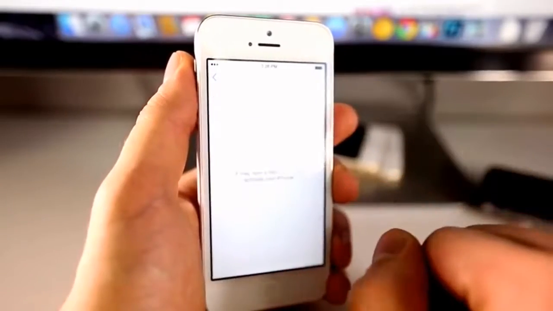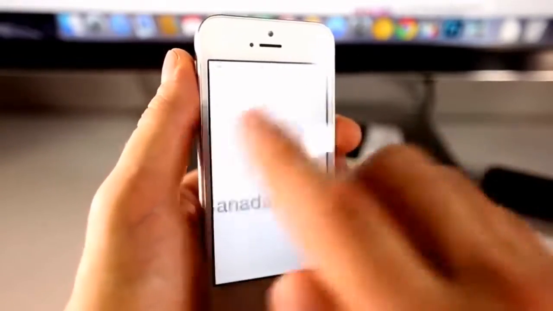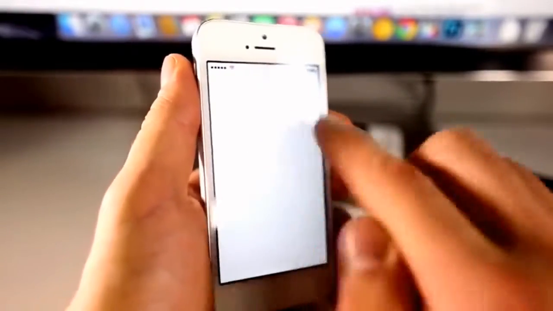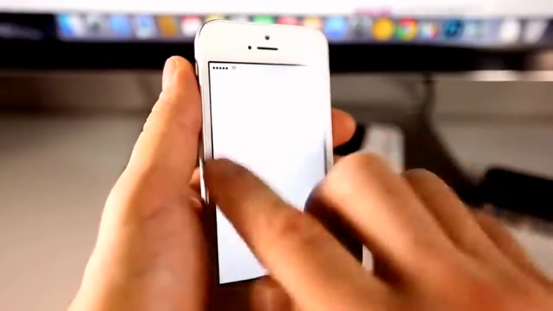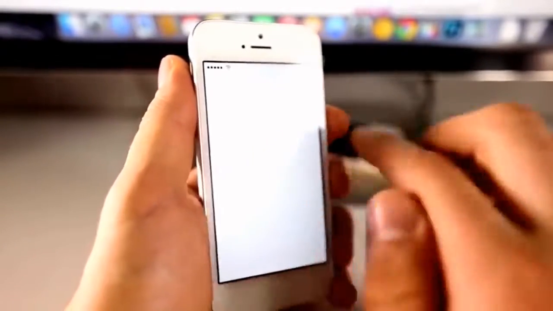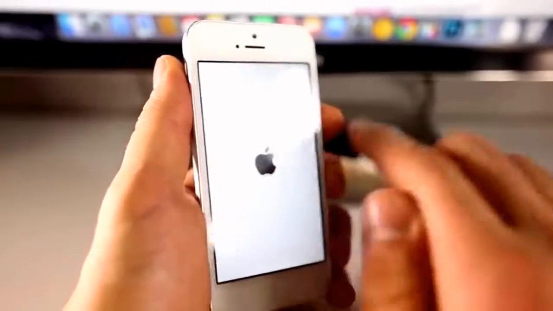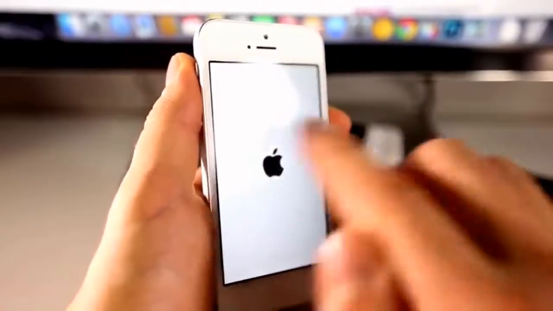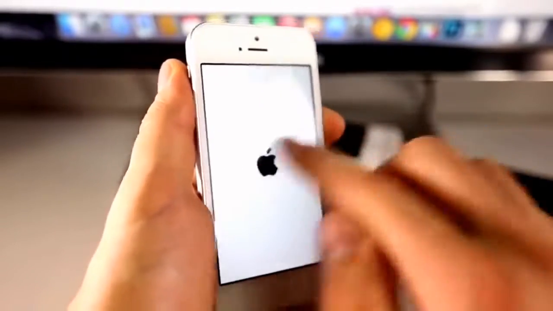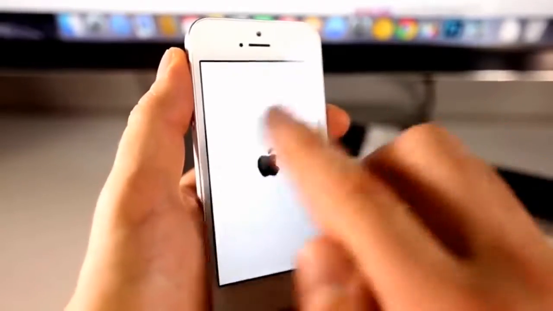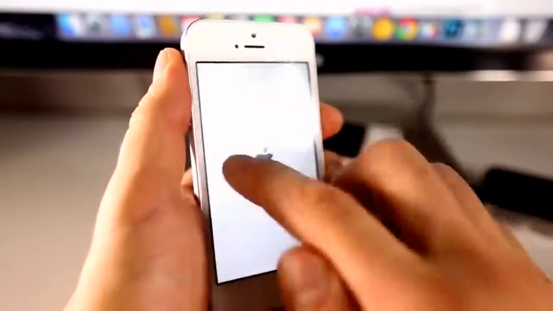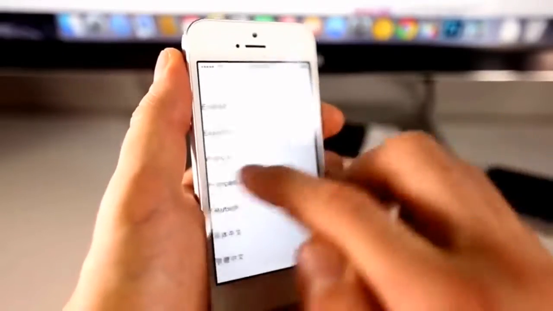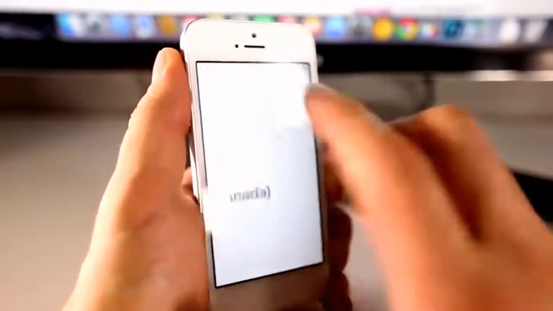All right. There we go. So it has begun. Now just keep sliding to unlock, just tapping on languages, just keep sliding. Eventually your device will have enough and it'll boot you into the home screen. It's really funny that someone just sat here and did this, and eventually it worked. Anyways, it's really cool. And with this method, you could possibly regain complete access to your device by contacting the